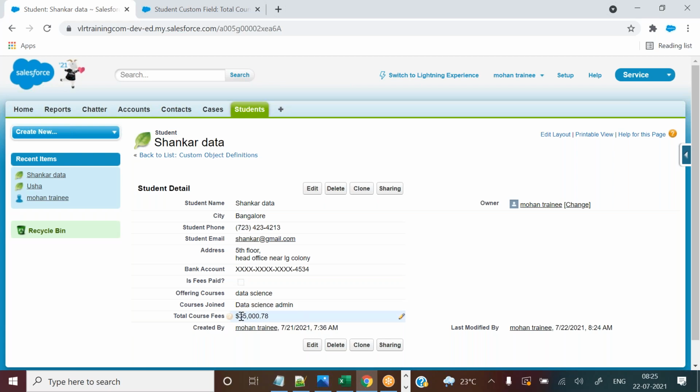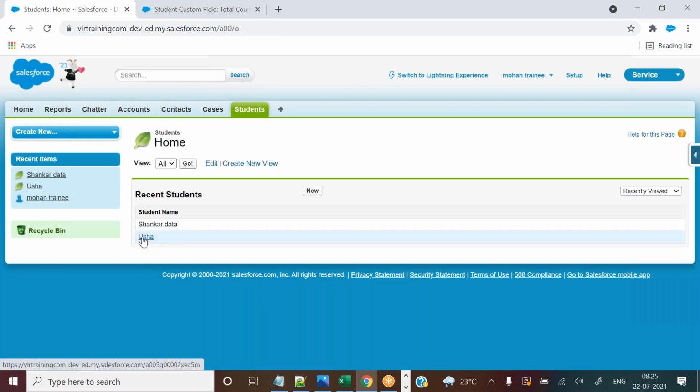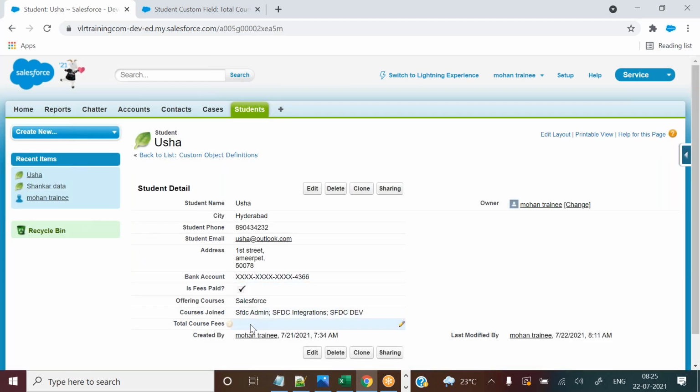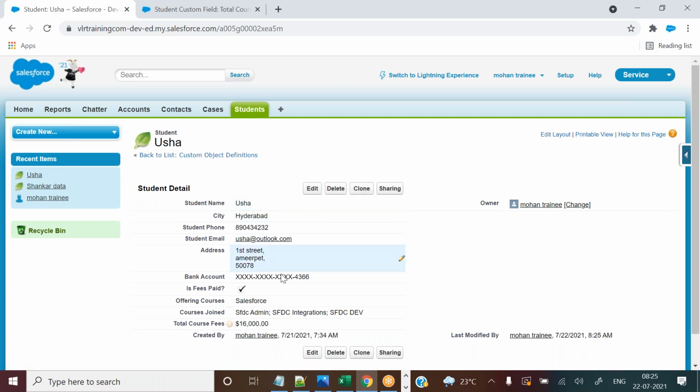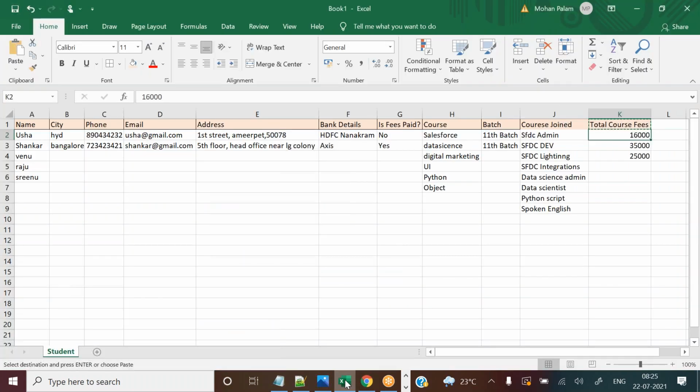Don't worry, I will explain this one. Right now you can remember. Next go to Usha, and Usha joined for Salesforce, which means 16,000 Indian rupees only, not dollars. That's it, you can see. Total course fees here is displaying the help text also. Now we have covered currency also.